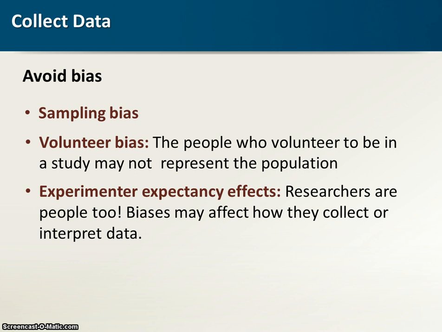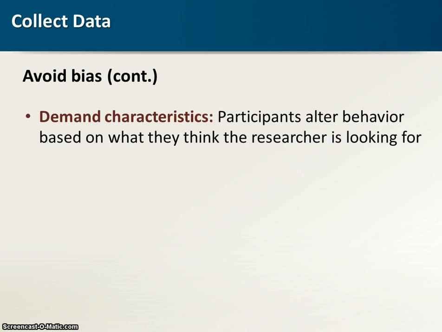Now, in that example, if that person changes their behavior based on what they expected, based on what they thought I expected, that would be called demand characteristics. So that's where the participant changes their behavior based on what they think the researcher is looking for. So now, because I'm nodding my head and asking the question a certain way, maybe they change their answer and I nod my head more and they make their answer even more extreme. And so we can kind of go back and forth where my bias affects my behavior and it pulls for certain behaviors from my participants.